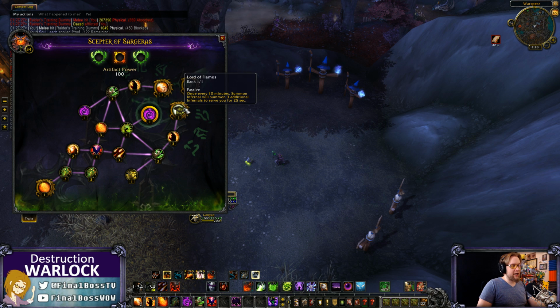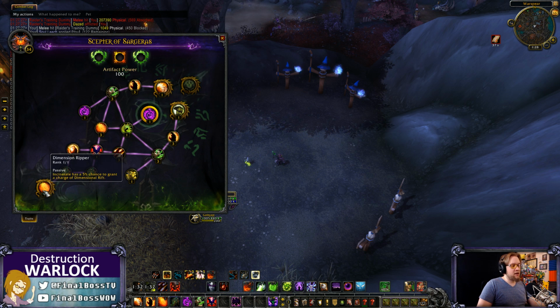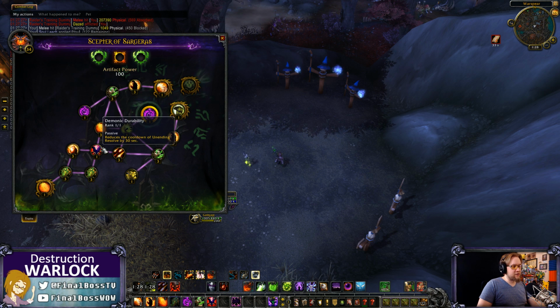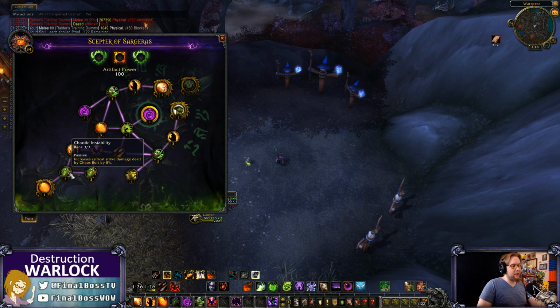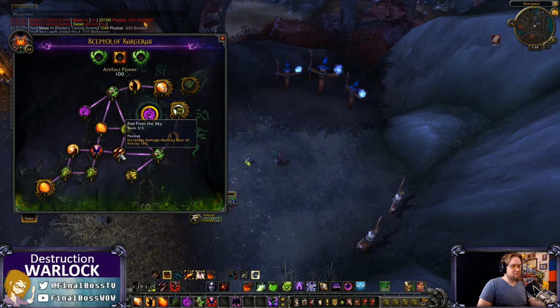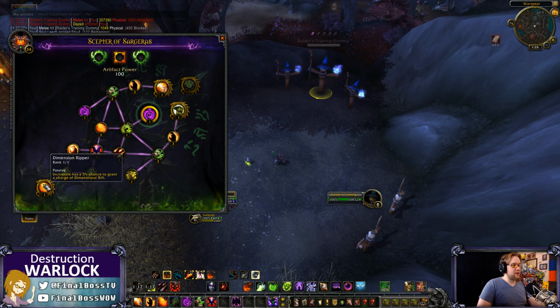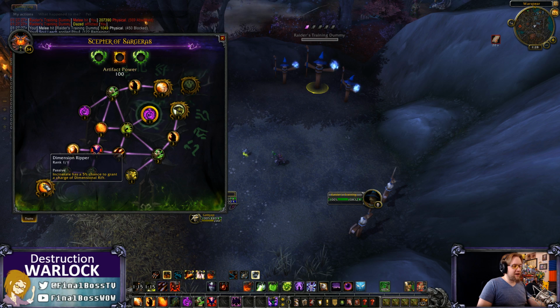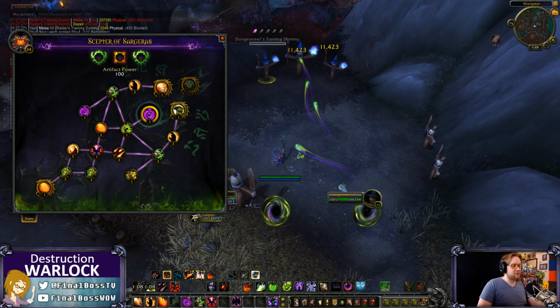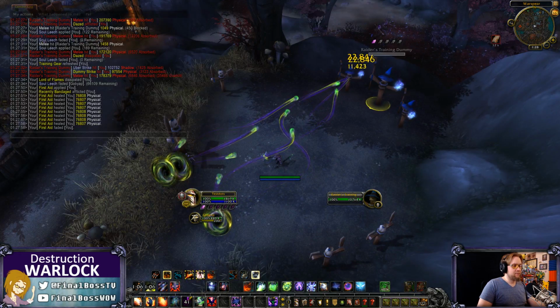But after your first Golden Dragon right here, you're going to be going down and getting Dimensional Ripper. The path to take will probably go to Master of Disaster into Demonic Durability and then both of the Chaos Bolt talents, even though Fire and Flames is also really good. You'll get Fire from the Sky later, because meh. But this is Dimensional Ripper, which means Incinerate has a 5% chance to grant you a charge of Dimensional Rift. Now, a 5% chance would mean that every 20 casts...